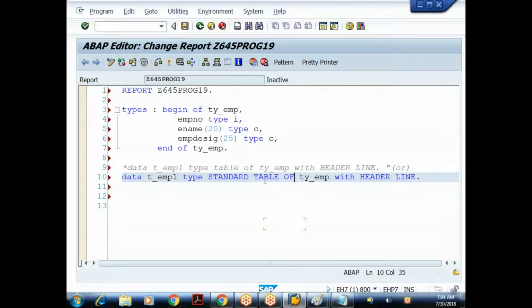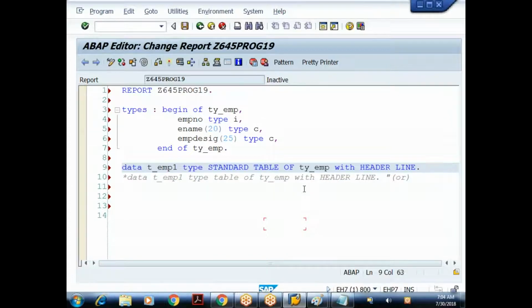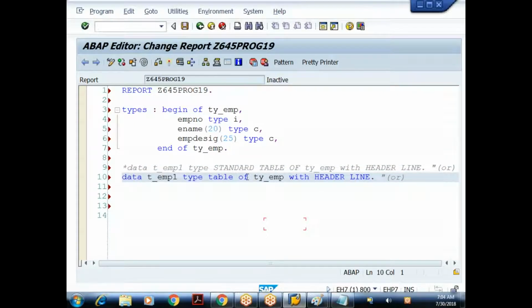Understood? So I'm declaring one standard internal table. I can do like this, or I'll directly say TYPE TABLE OF. Both are the same. Either STANDARD TABLE OF or only TABLE OF. Done.